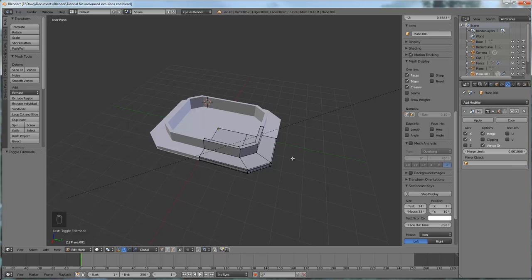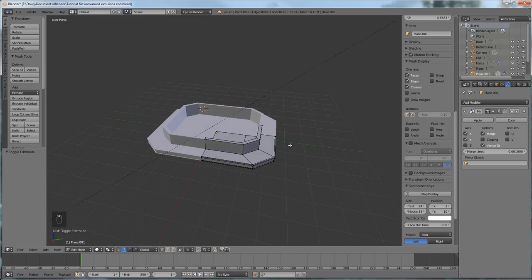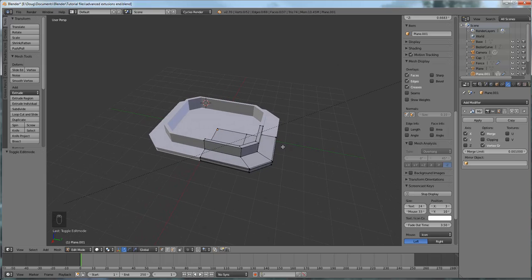Alright, here we are again. We are looking at our enclosure, and we are going to make a couple of changes just before we start, because if we have a look...